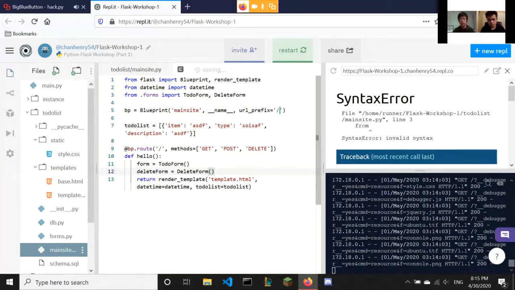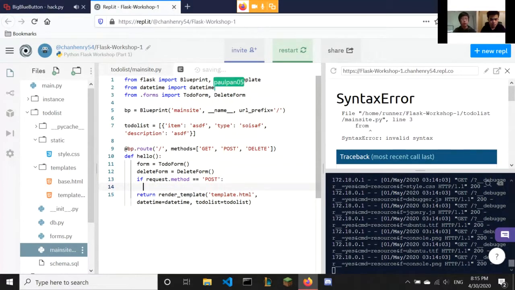So now that we've done that, if we want to add an item, we'd press the submit button. And so basically how that works is that when we press the submit button, it acts as a post request. So we want to check to make sure that we got a post request like this with the if statement. And then based on that, we want to check whether or not we added an item or we deleted an item. So if we get from our request of the form a submit request that happened to be named add item,